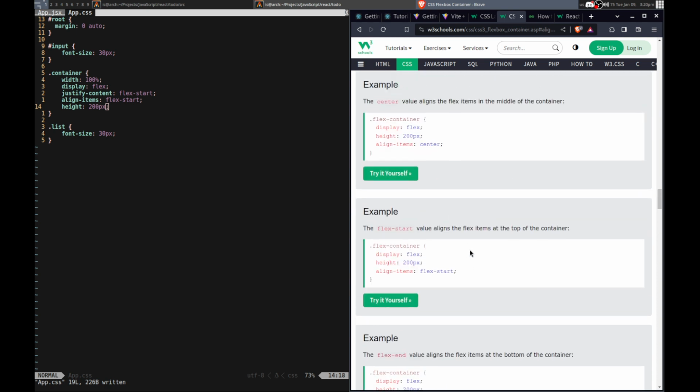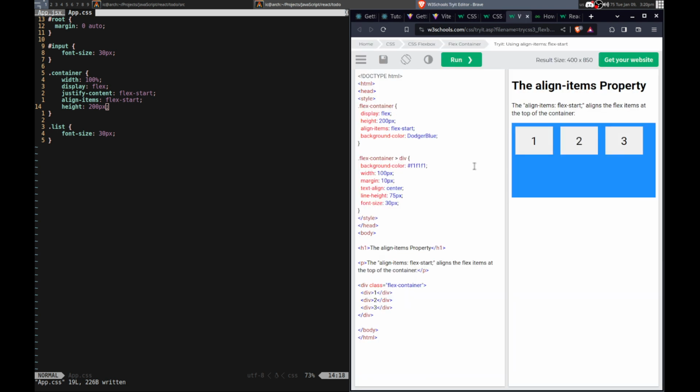Let's see. Bottom of the container, at the top. That's what I want. Flex start at the top of the container. Doesn't work. I have to do something to the elements. Do I have to do that?